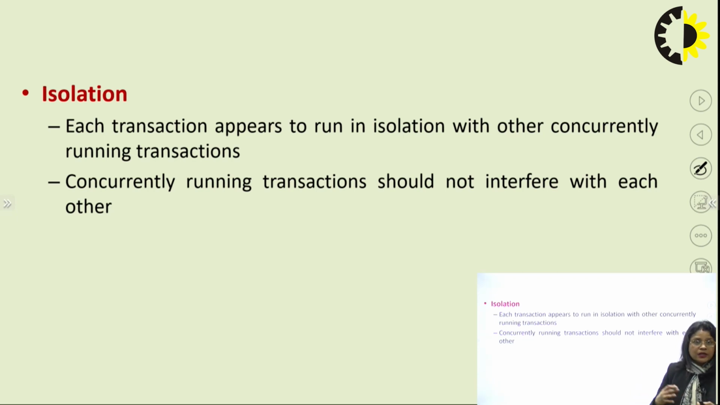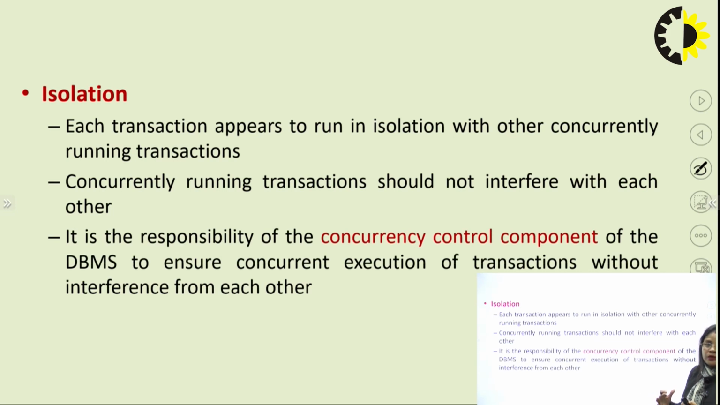Although we are running the transactions concurrently, it should appear as if we are running them in isolation. So concurrently running transactions should not interfere with each other. Who is responsible to maintain this isolation? It is the responsibility of the concurrency control component of the DBMS to ensure concurrent execution of transactions without